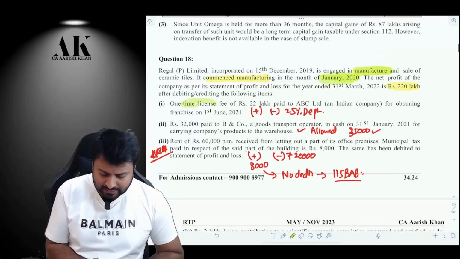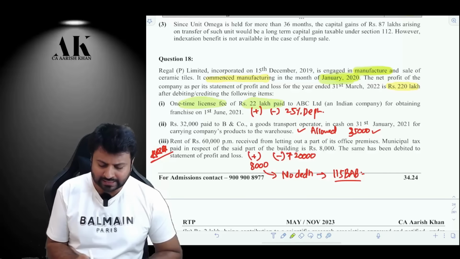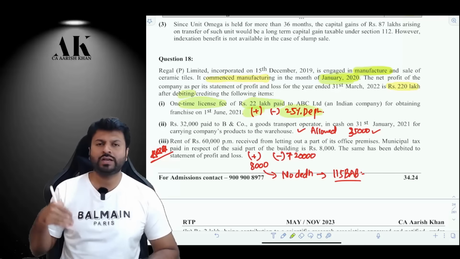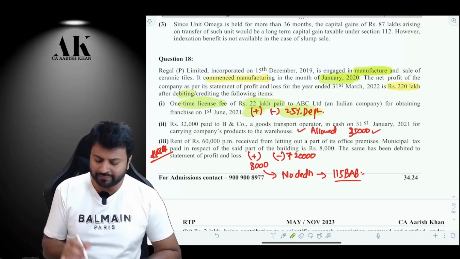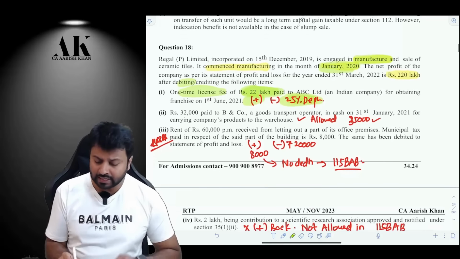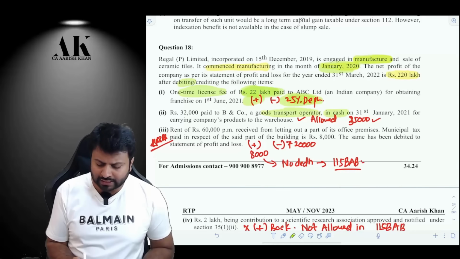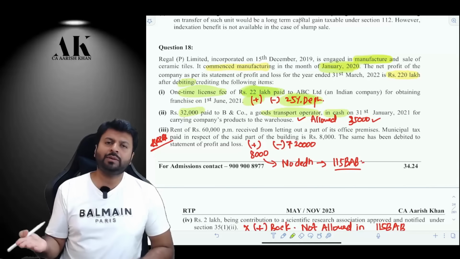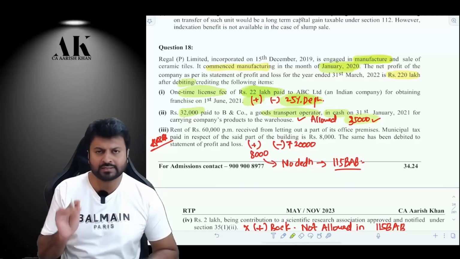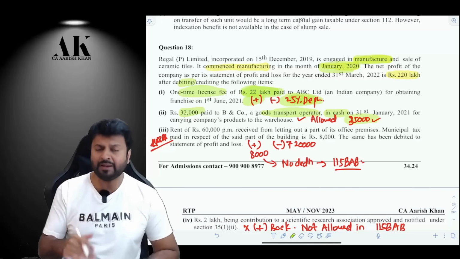First of all, Assassi is purchasing some intangible asset of 22 lakhs, and it is debited to the PNL. So add back that, and then you compute and reduce 25% depreciation as per the block method. Okay, so add 22 lakhs and reduce 25% depreciation. Next, you are making some payment in cash to a goods transporter of 32,000 rupees. Can you make a payment of 32,000 in cash to a goods transporter? Yes, you can. You can make payment up to 35,000 to them. It is allowed. Okay, for others it is 10,000. For these people it is 35,000.